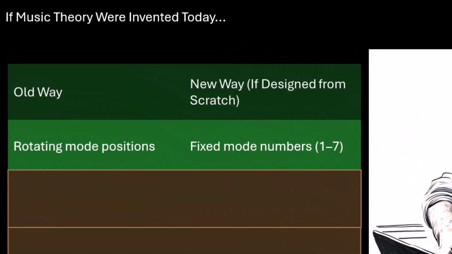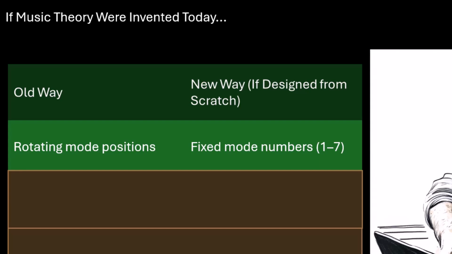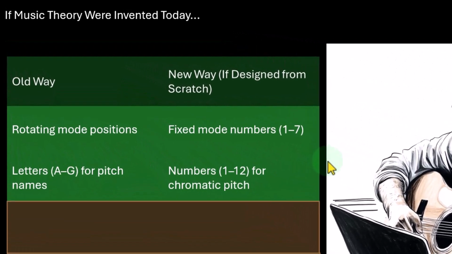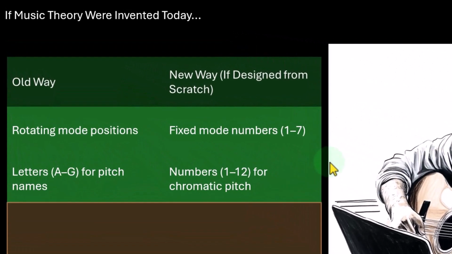So a quick summary: the old way of thinking, rotating mode positions, relative scale positions, renaming all the knights on the round table. What I want to do instead is have a fixed mode numerical system. All the knights on the round table are equal. They all keep the same name, and I memorize all of their names and the relationships between all of them, and I can describe them by their relationships. That's going to be when we get into chord constructions and the